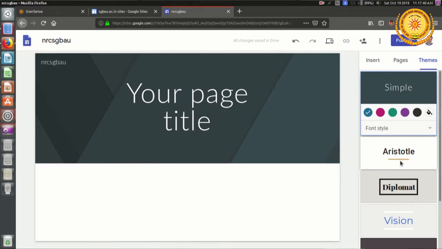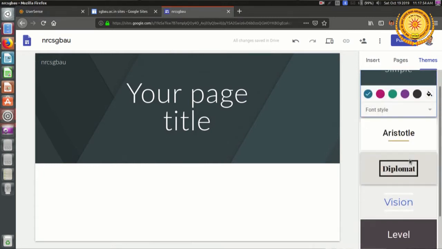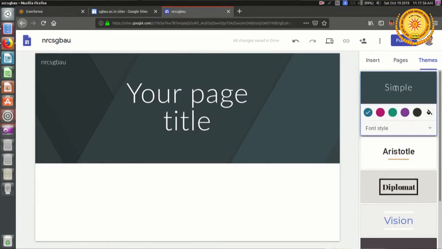Now, since Google Sites is basically for beginners only, there are not many themes available, but whatever themes are available are good and decent ones. So here there are several things listed. I will be choosing the color scheme. Every layout or theme follows a particular color scheme. I am choosing this particular color.